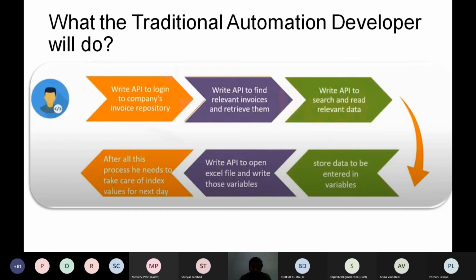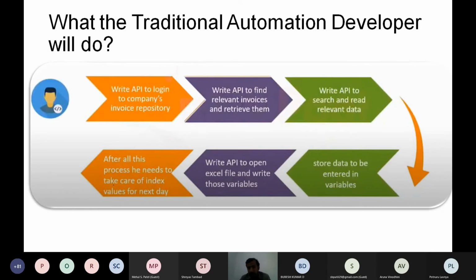So after all this process, he needs to take care of index values for the next day. To do this, he has to write at least 4 APIs covering all the exceptions, and other code to meet this automation. So definitely it takes around 1 to 3 weeks to complete these APIs and automate these tasks.